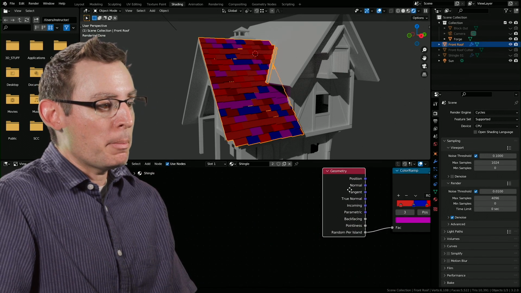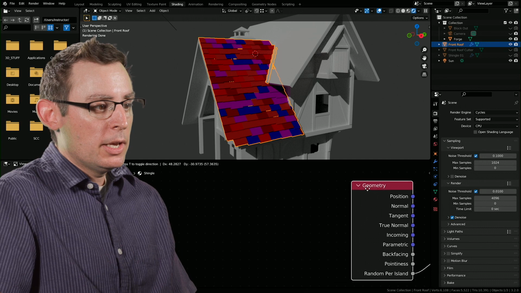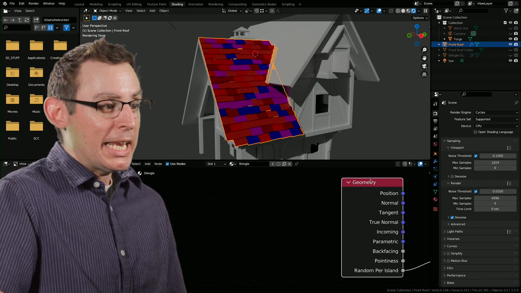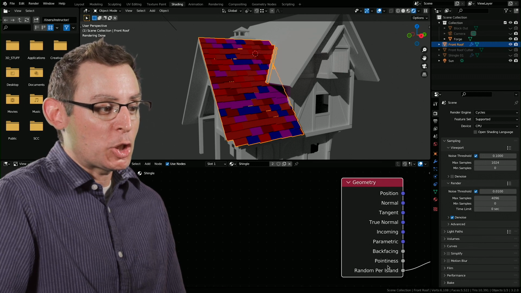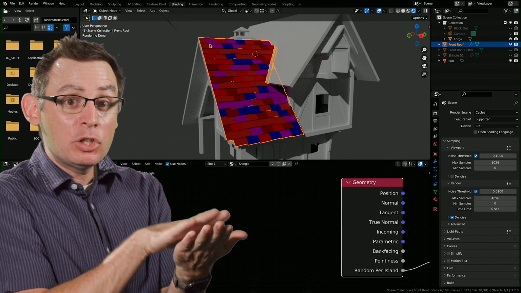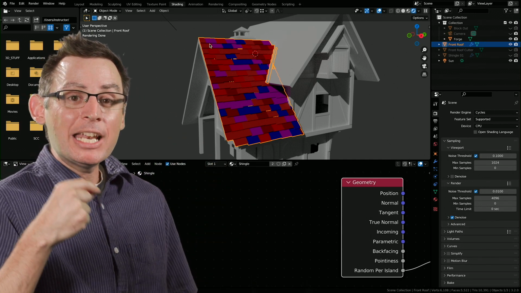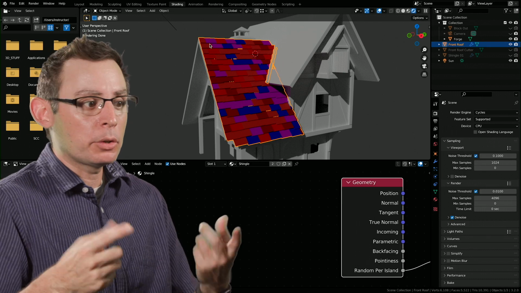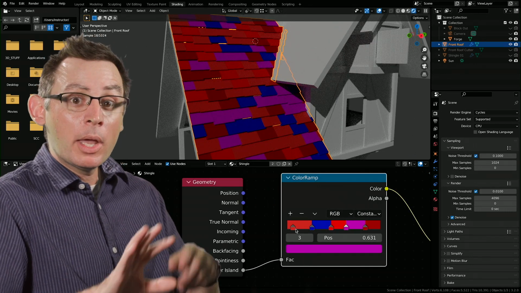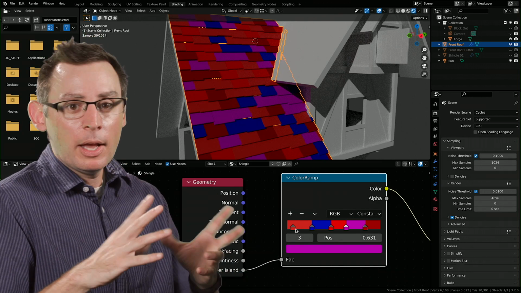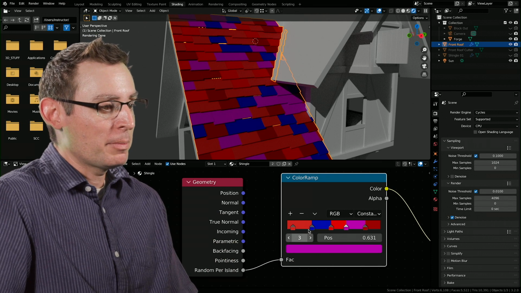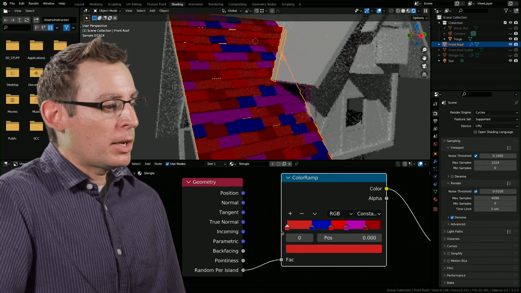So simply put, the magic comes in this geometry node right here. This is the node that Cycles can access. It can access all of this information, and I'm using the random per island. It's going through and looking for each individual discontiguous polygonal island and automatically assigning it a color value. Well, what color value is it giving it? Well, it's giving it this color ramp, and I go in and tell it which colors to choose. And I made them pretty bright, bold colors so you guys can see exactly how this is all working together. And we assign the color here.